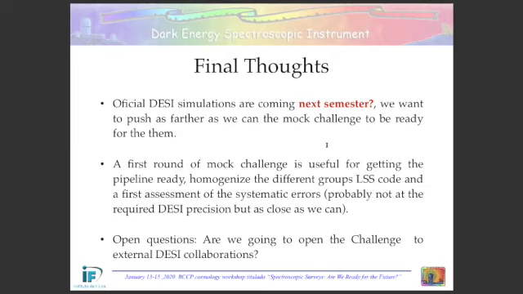Questions? Can you say a little bit more about what approaches you could use for the covariance matrix, and is there a particular focus in terms of the scale, or all scales?